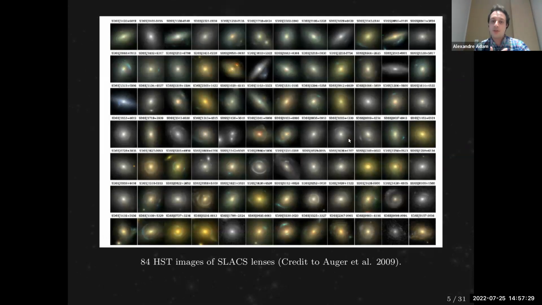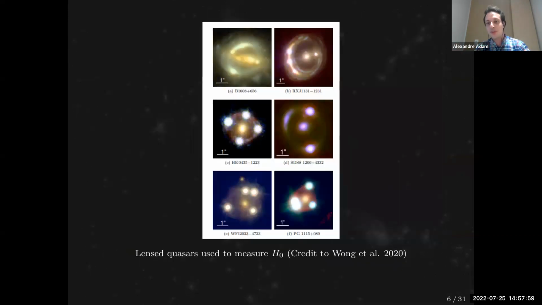The current state of our knowledge of these systems is that we now know hundreds to 1,000 of them. One thing that is hard, especially when looking at these systems with high resolution images, is that they come in a very diverse set. Sometimes you have a ring, sometimes you have 4 images. So it's really hard to develop modeling that can account for this large diversity, even for just galaxy gravitational lenses. As you all know, some of them are very important. I'm going to skip what I have to say on this, but we can do cosmology also when there's a quasar that's lensed, and LSST will be a great tool to do cosmology.